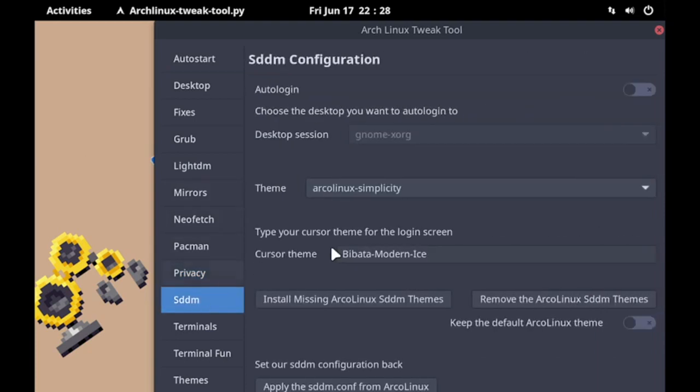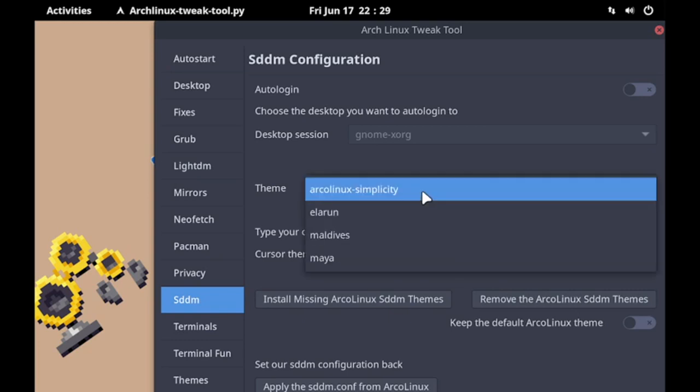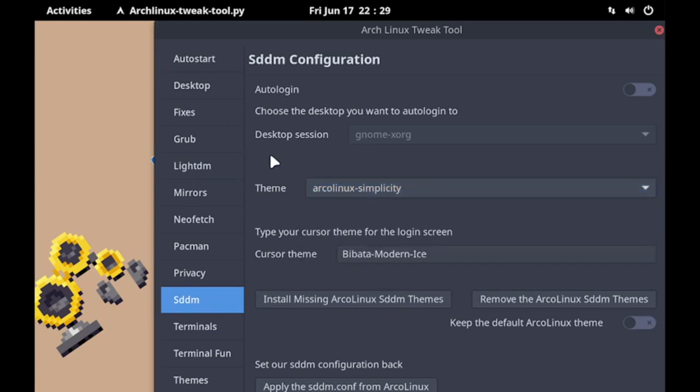Okay. Now let us check out the SDDM settings. So auto login is turned off by default. Choose the desktop you want to auto login to. That is the setting. The theme used for the SDDM is ArcoLinux Simplicity. So now friends, have you observed, this is the second time I am showing you that SDDM is the